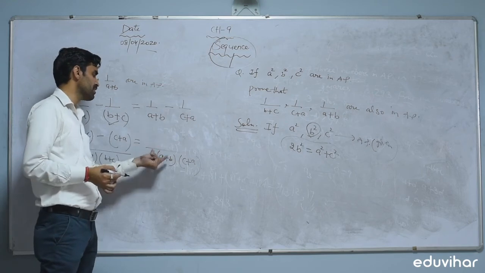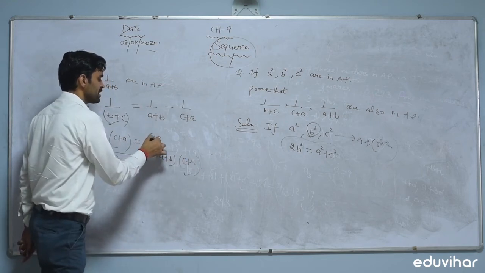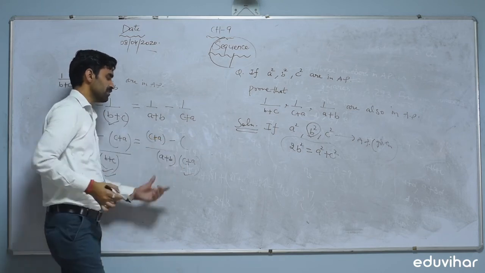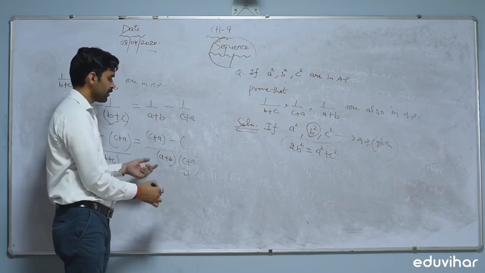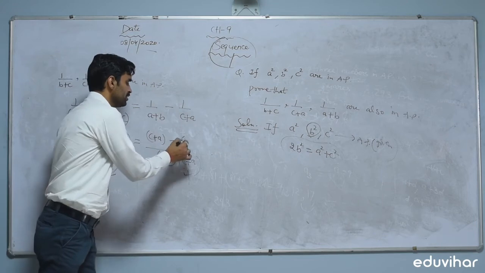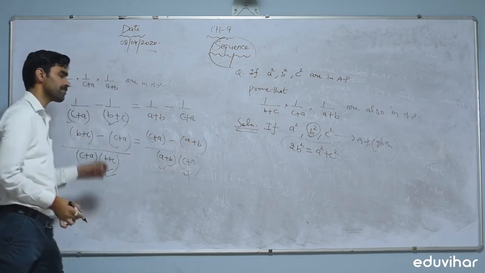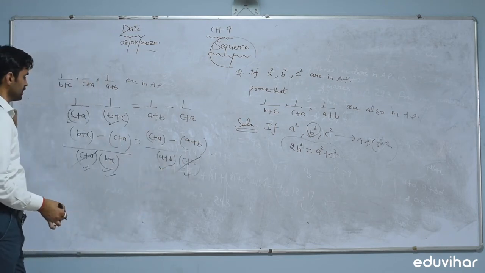Divide this term by a plus b, and you can obtain c plus a into 1, that is c plus a only, minus. If this is divided by c plus a, then c plus a cancels out, and you get the result in the form of a plus b only. a plus b multiplied with 1 gives the result a plus b. Now this a plus a is cancelled out with c plus a, and